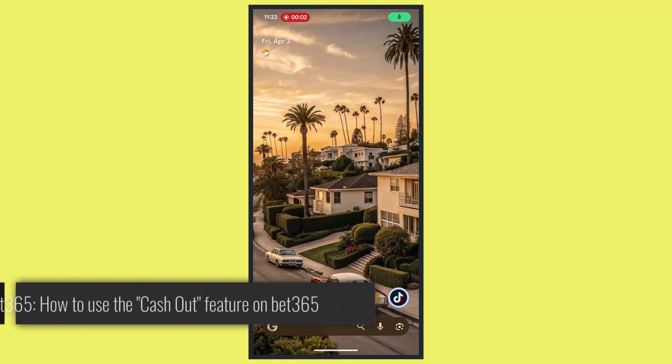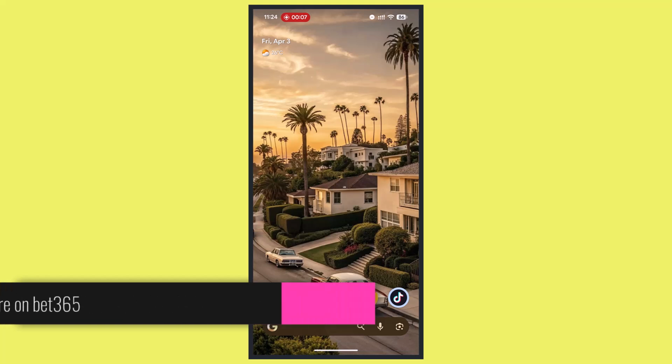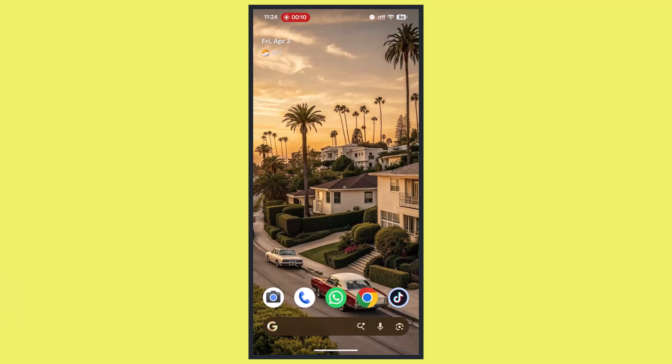How to use cash out feature on bet365. Hi everybody, welcome back. So in order to use the cash out feature on bet365, you must first have an